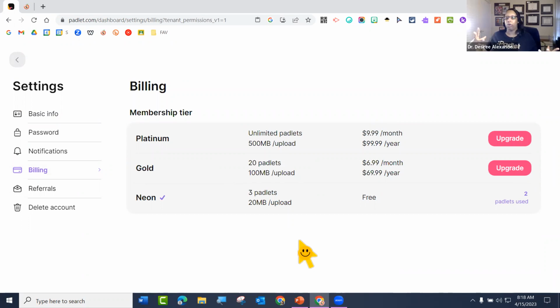So if you want to upload your direction sheets that's in Word, I mean, it shouldn't be over 20 megabytes, but let's say it is, right? Or you want to upload a picture. Well, instead of uploading the actual file, upload the link. So go throw that file into Microsoft Teams or Google Drive, get the link and put the link in there. And then you're never going to have to worry about that upload limit. So always a way around it, which I, of course, love. So 3 Padlets, 20 megabyte upload, and that's per upload, not for like your whole Padlet.